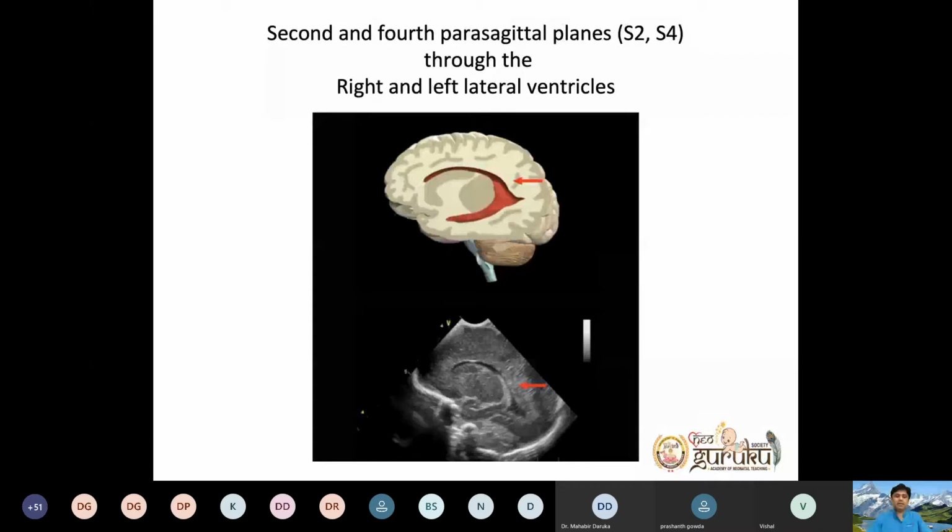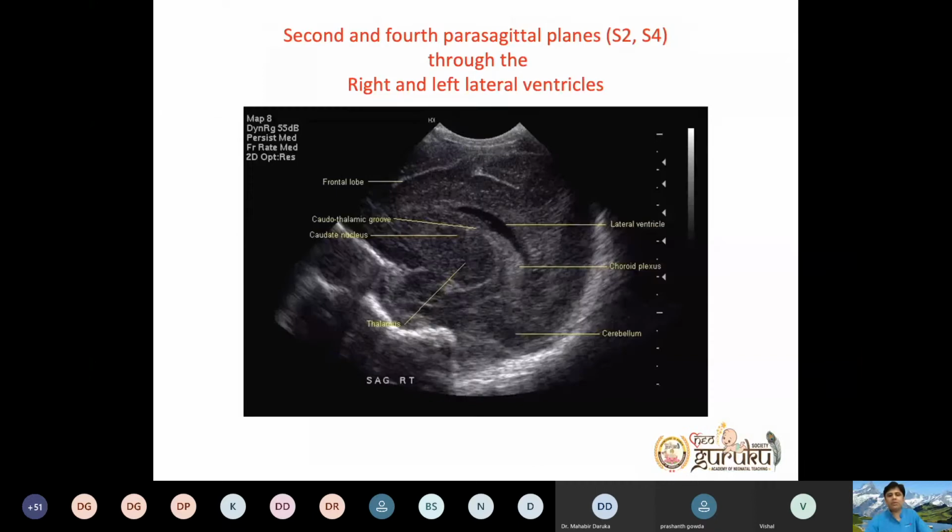So this is the second sagittal section that we have taken. Anteriorly you have your C-shaped structure, that is your caudate nucleus. Posteriorly we have your thalamus. So this is the caudothalamic groove where the germinal matrix is. A grade 1 bleed we actually observe here. We try to compare it with the skull brightness or choroid plexus brightness. Sometimes if a cyst is there, you might get confused with the bleed.